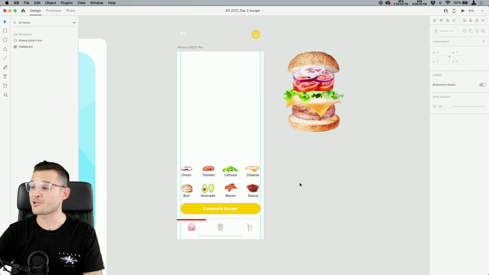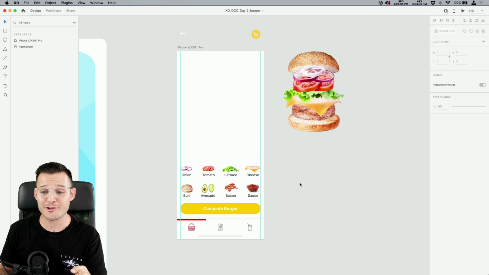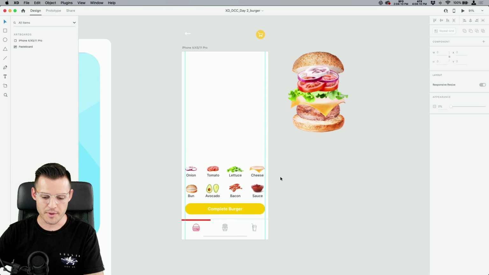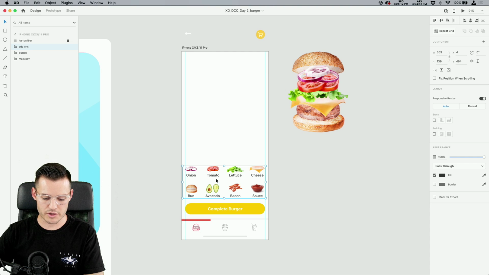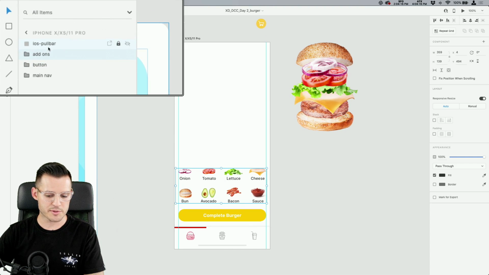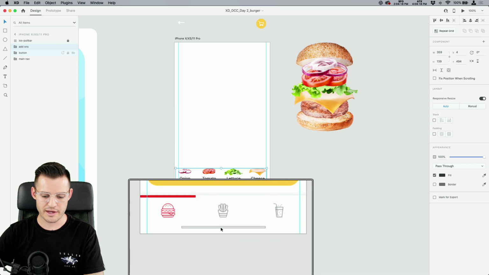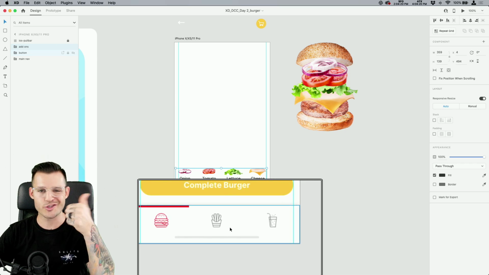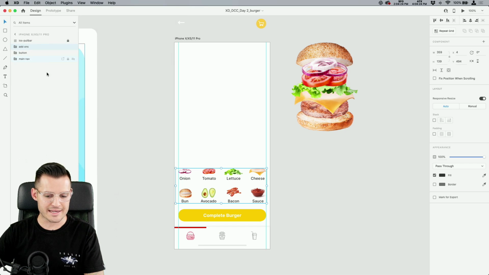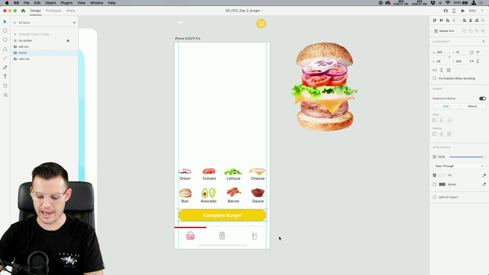A lot of times I get so excited, I just try to do everything from scratch, and then I'm rushed for time. So let's hurry this thing up. What do we have? Well, if we click on some items here, let's zoom in. You can see over in our layers panel, I have an iOS pull bar. That's this little thing down here that every app has now, so you can just swipe up. I have some add-ons, a button, and a main nav. These are my add-ons, all my ingredients. This is a button, and here's my main nav. I've done a little bit of work actually already.